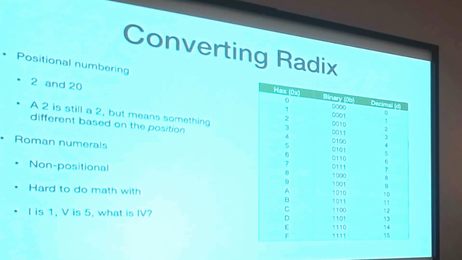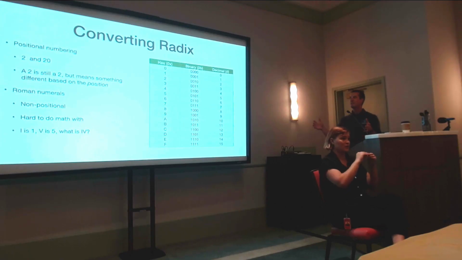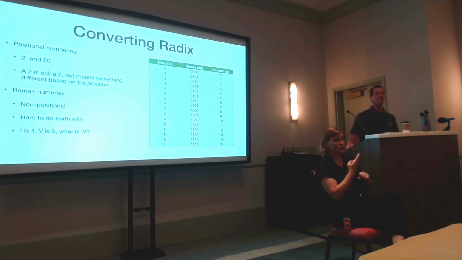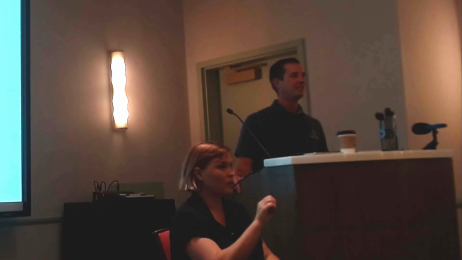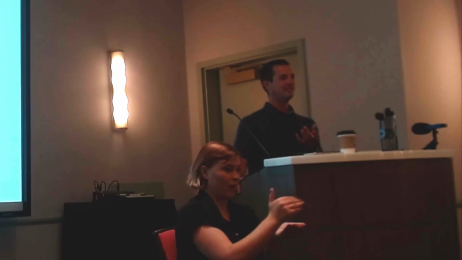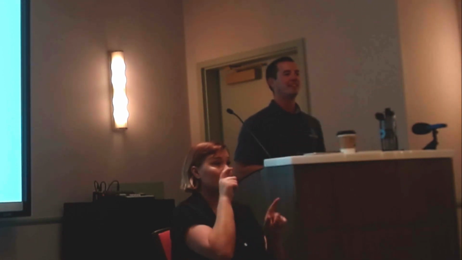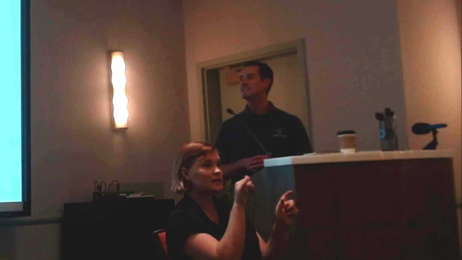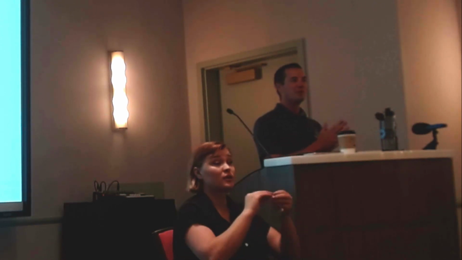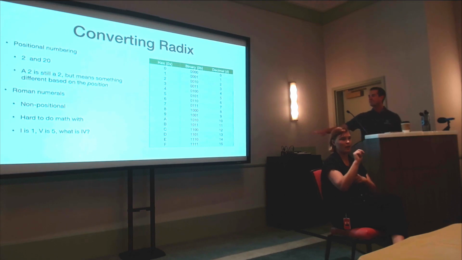It's important to know too that we're dealing with all positional numberings. If we look at the number systems that we use and what our computers use, the actual position of that number really changes the value of it. So if we look at the number 20, that's basically saying I have 2 quantities of 10, right? The 2 is still a 2, but because it's in that tens place, that defines how much data that is. The only non-positional numbering system that we have is Roman numerals,